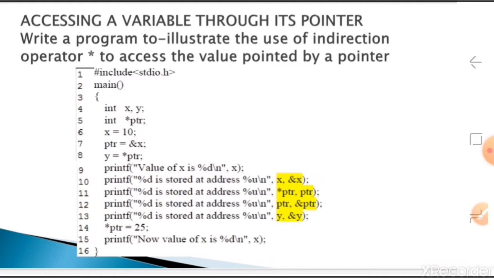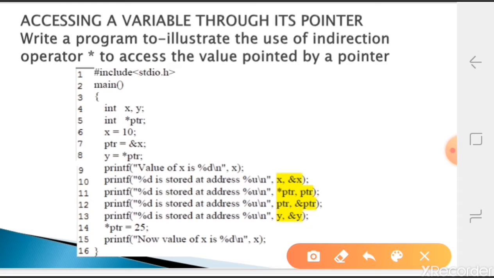Now we'll see one program where the star operator, that is a pointer, is used. We'll study it line by line, along with the corresponding diagrammatic representation. First I'm creating two variables x and y. After that we create a pointer variable ptr, then some assignments, then printf statements. Then again some modification and printing. In lines 4 and 5, we are just declaring: variable x, variable y, then one pointer variable.